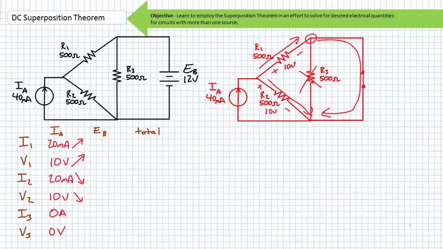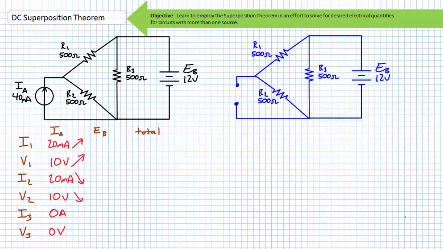Now we need to repeat this analysis from the perspective of the EB source. When analyzed from the perspective of the EB voltage source, we need to remove the IA current source by replacing it with an open. Note that when we redraw the as-analyzed circuit, including the open, the nature of this circuit has fundamentally changed in that no current can travel through the open, and all current will be confined to the